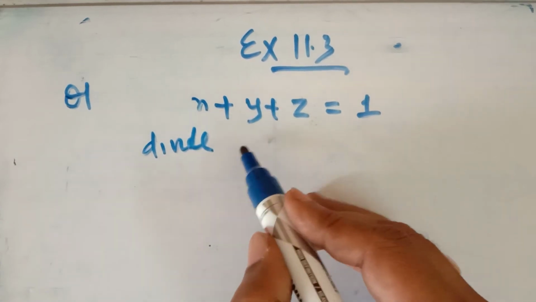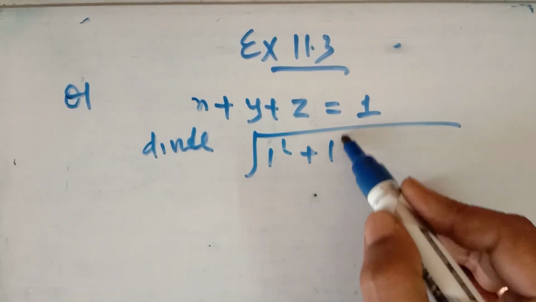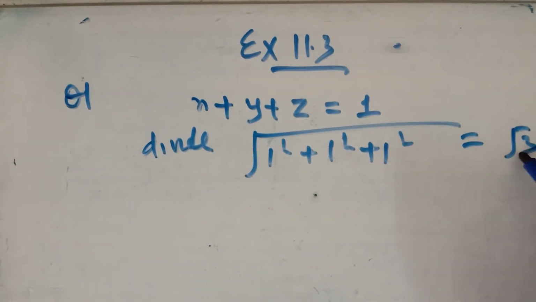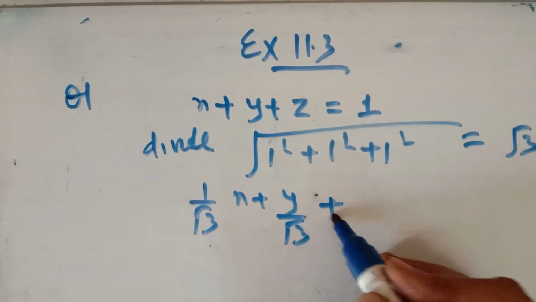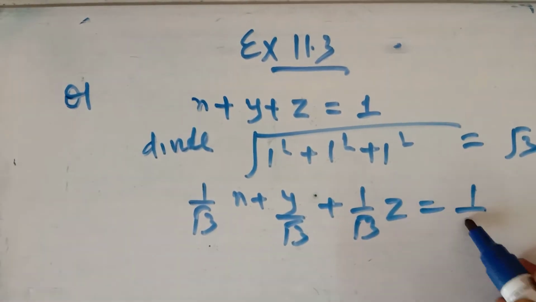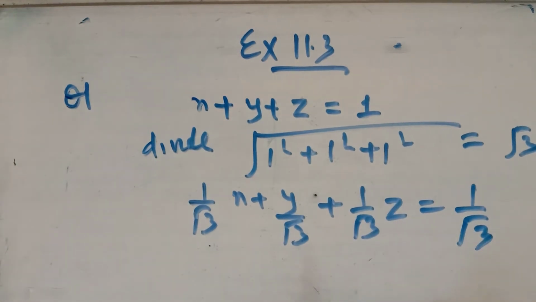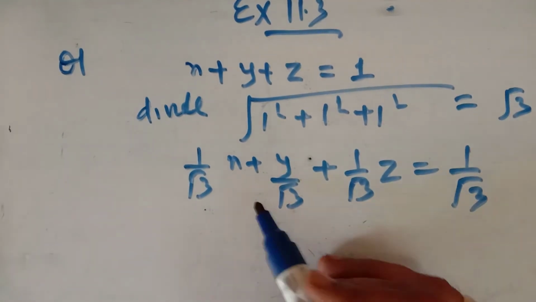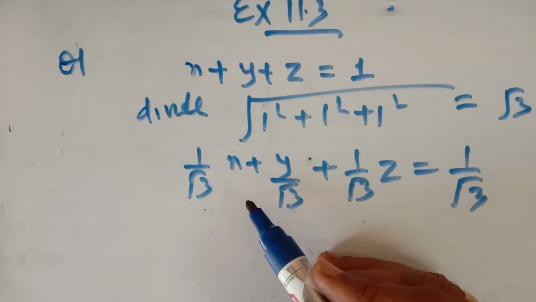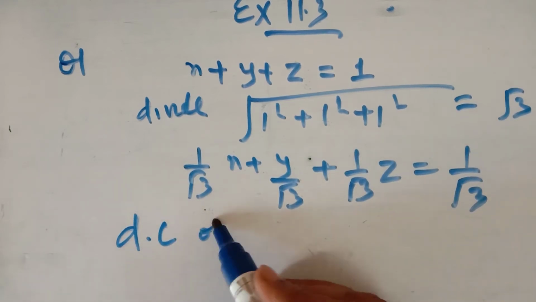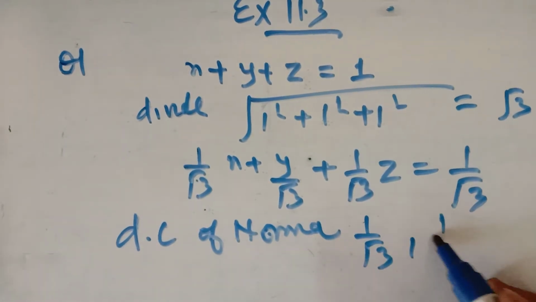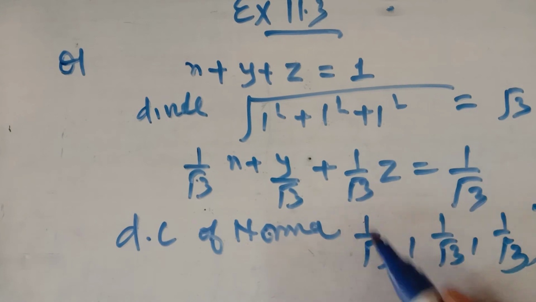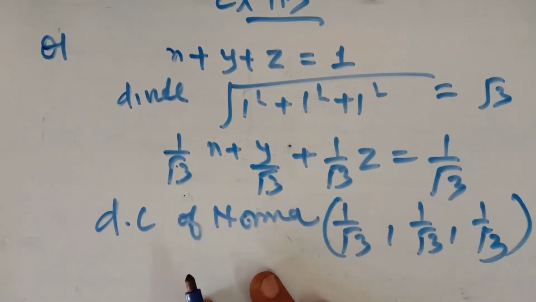You have to divide the equation by under root a square plus b square plus c square, that is root 3. So it means you have to divide the whole equation by root 3. This is 1 upon root 3 into z is equal to 1 upon root 3. Now this is the equation of the plane in the normal form. So it normal form में आ गया. So the direction cosines of the normal to the plane will be this 1 upon root 3, 1 upon root 3, 1 upon root 3,